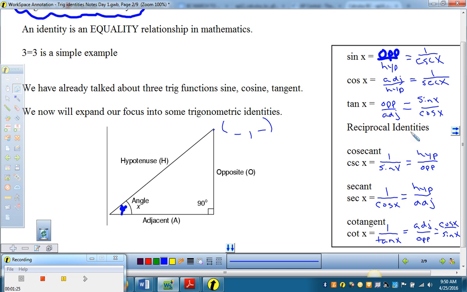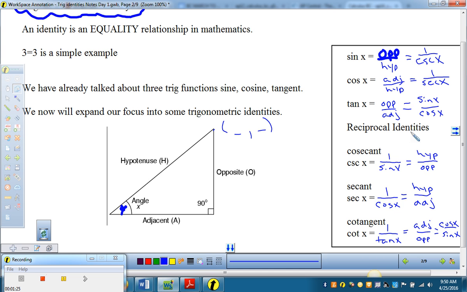It is still opposite over adjacent. So Nick had the question, why is it sine over cosine? So, opposite over adjacent is for tangent, right? But on the unit circle, when we had this point, we found out that the y was sine and the x was cosine. So to do tangent, we did sine over cosine, y over x. Okay? All right, so on the table,